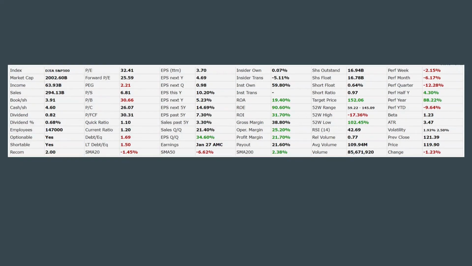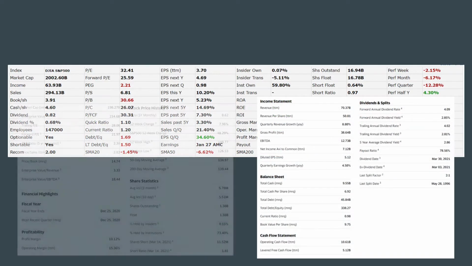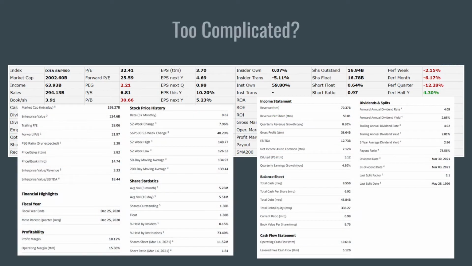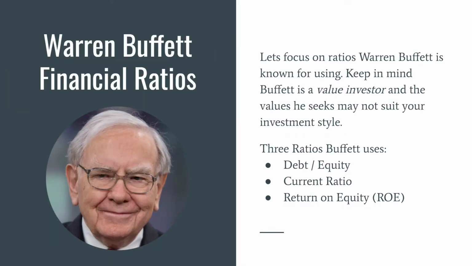Analyzing a stock or a company can seem highly complicated, and it certainly does not help when you get bombarded by different numbers, ratios, and percentages when looking up a stock. In this video, I hope I can make it a little bit clearer by teaching you about some financial ratios that investors like Warren Buffett like to look at and what values they want to seek for those ratios.